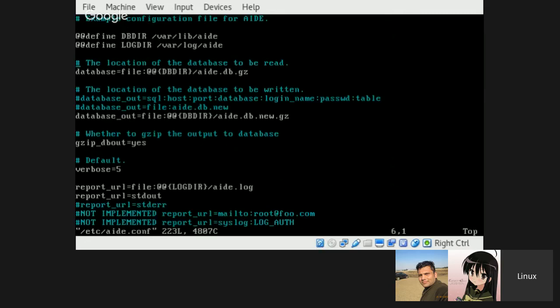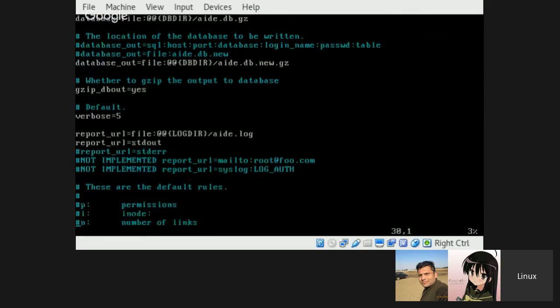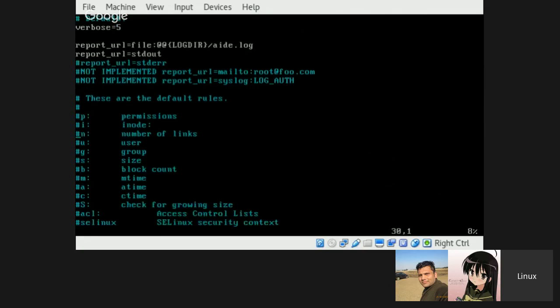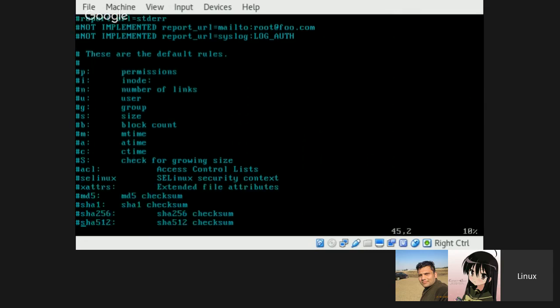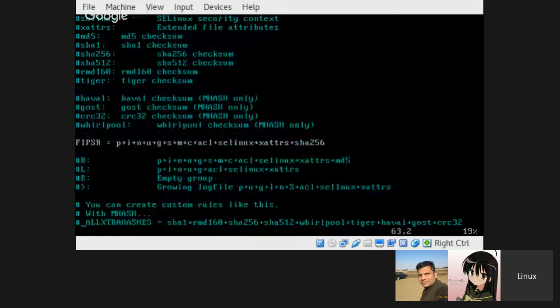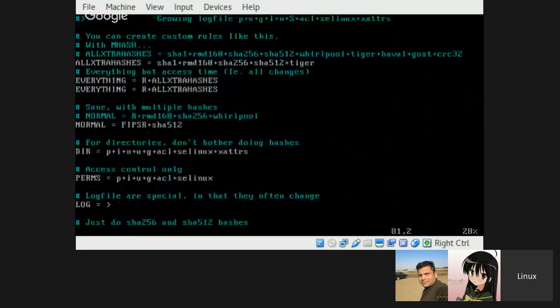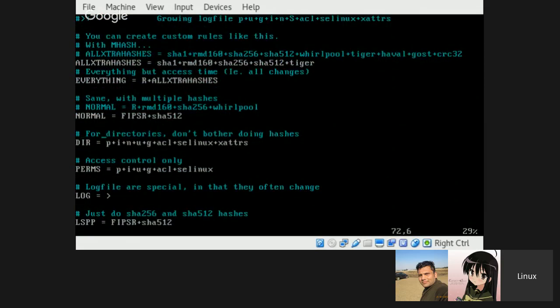Go down, down, down. These are the default rules. And you can see these things, PINUGS. This is very important. Please note that P stands for permission, I for inode, and N for number of links, and please read them before doing this. Then you come here, at the end, for directories